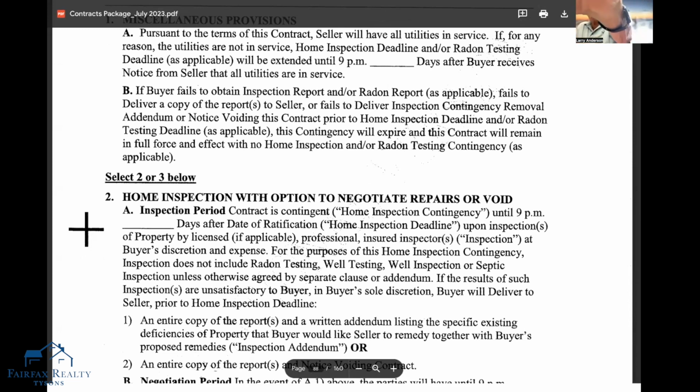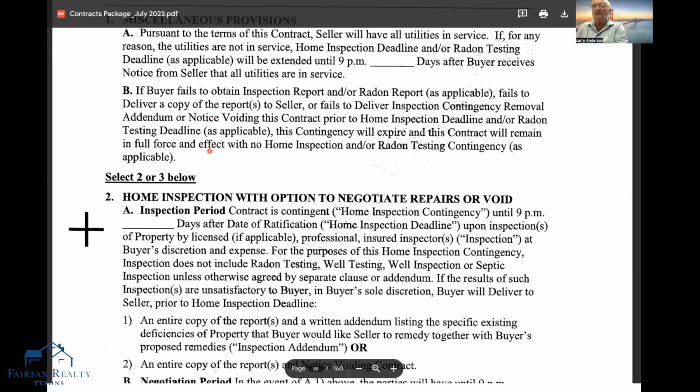So if that buyer fails to obtain an inspection report or fails to deliver a copy of the reports to seller, and once again, I would maintain that's in conjunction with paragraph 6 of the contract, where things need to be delivered to the seller, or fails to deliver inspection contingency removal addendum or notice voiding this contract prior to home inspection deadline, this contingency will expire, and we're in full force and effect with no home inspection and or